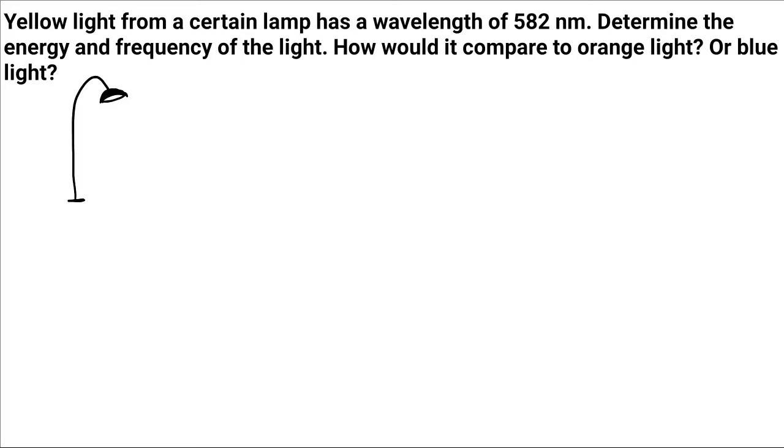Yellow light from a certain lamp has a wavelength of 582 nanometers, and we are asked to determine the energy and the frequency of the light. How would it compare to orange light, and how would it compare to blue light? So a particular lamp has yellow light coming from it, and recall that the color of light is determined by